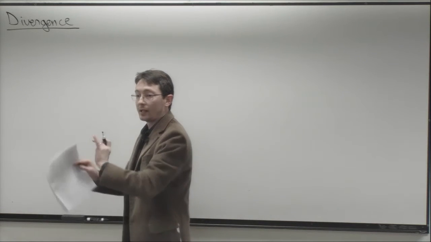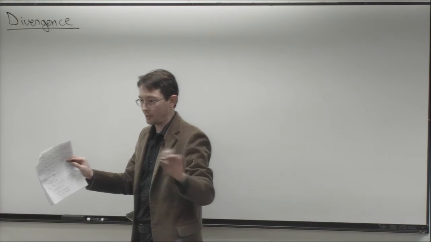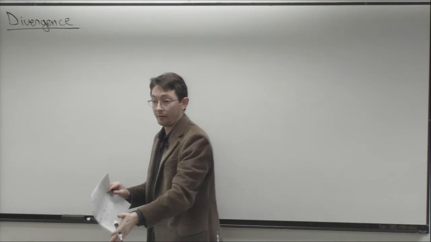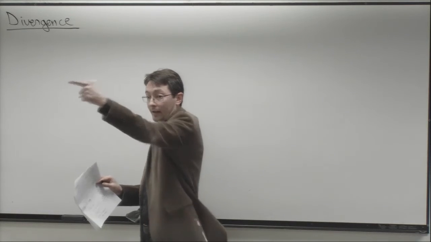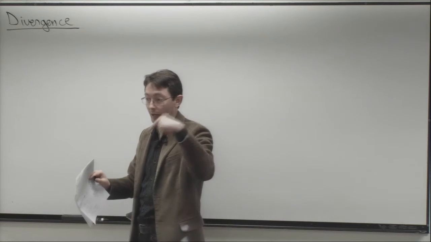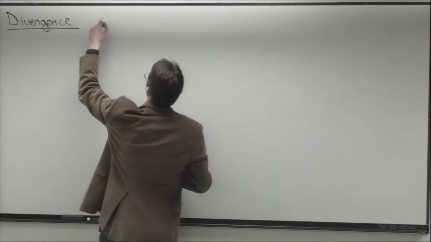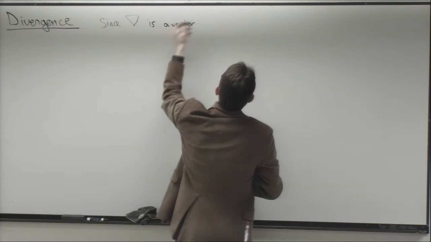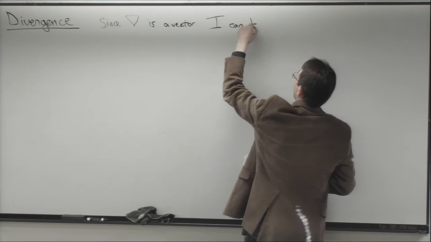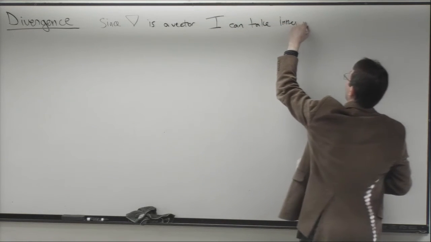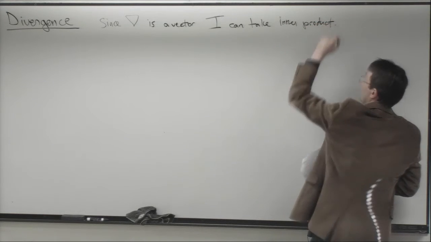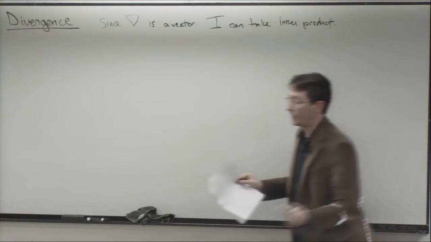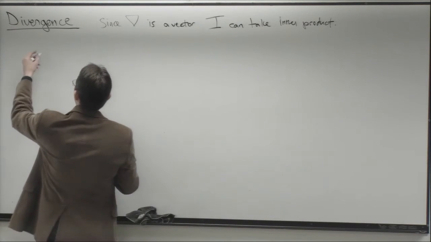with the gradient, we saw that we could take a scalar function, f of x, y, and z. And when we took the gradient, it became a vector field. So for every point x, y, and z, I now get a vector, and it points in the direction of the gradient of f. So since del is a vector, I can take the inner product also. But what do I need to take the inner product with? Another vector, right? I need another vector. So essentially,